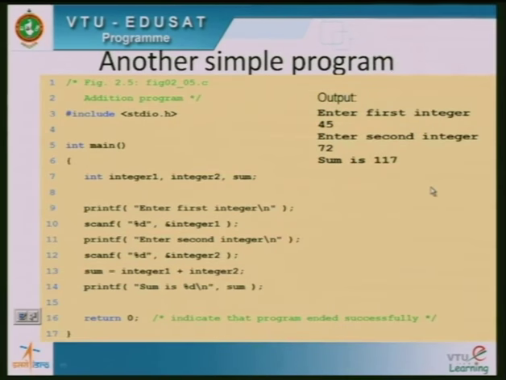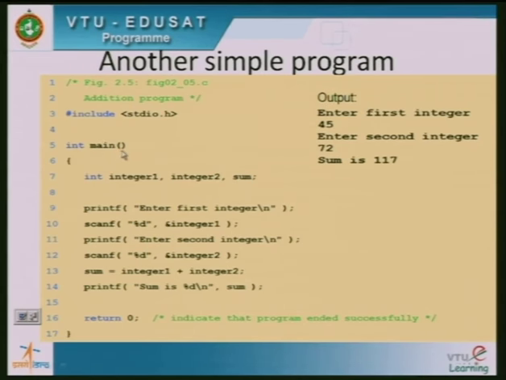Now a clear cut program to read 2 integers and print their sum. There are 2 numbers, you have to read them and then print the sum of these 2 values. So let us understand this program. Along with me, let us write on the blackboard so that you can start writing your own program. Include stdio.h for all programs. This is essential. It is a preprocessor directive statement. Next, the main